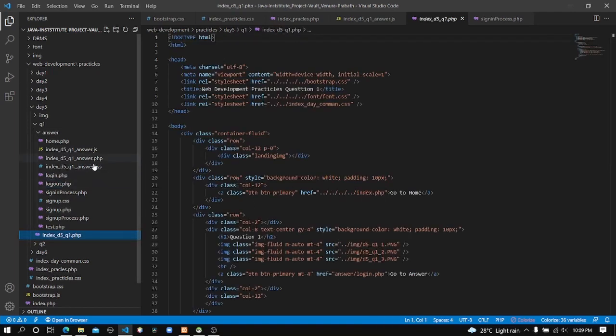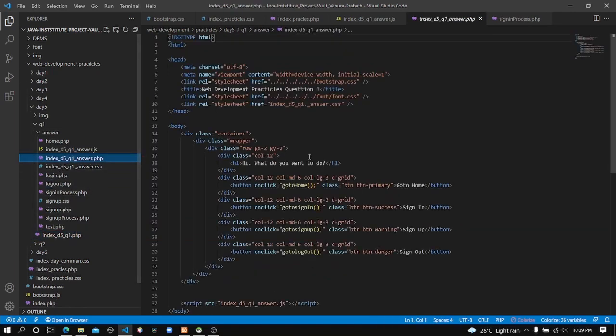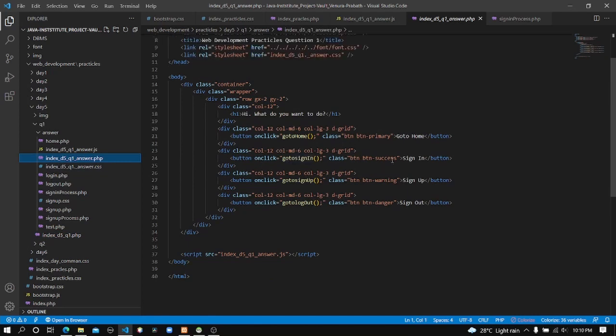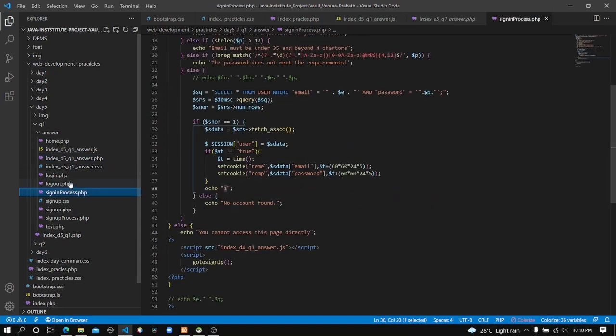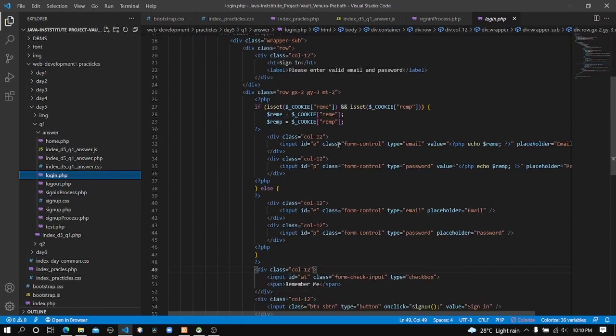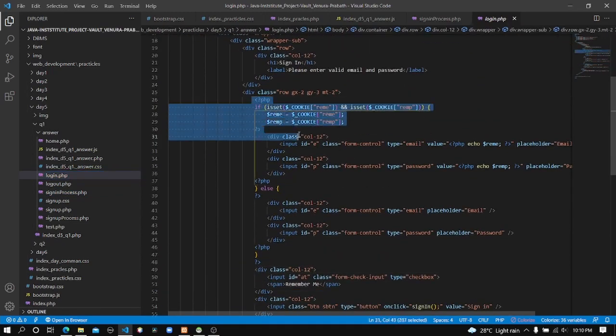Sorry, not this one, this one, but there's nothing important in here too. When we click on the sign in button, we will be redirected again to the sign in page. Here's the sign in page. In this case, it's the login page, and here I left some codes behind, and I told you I will